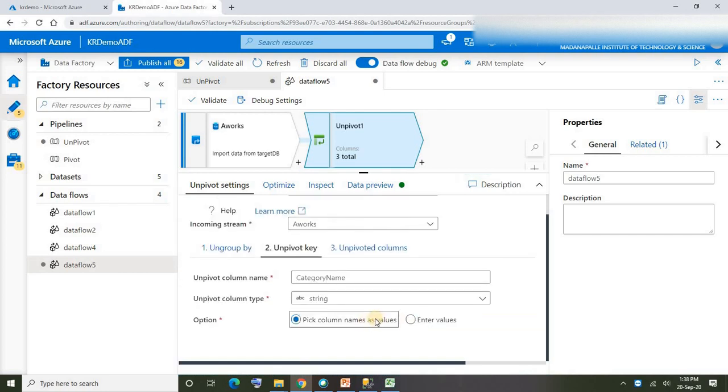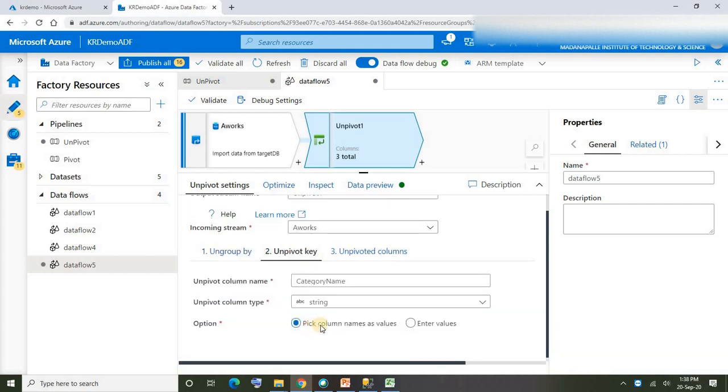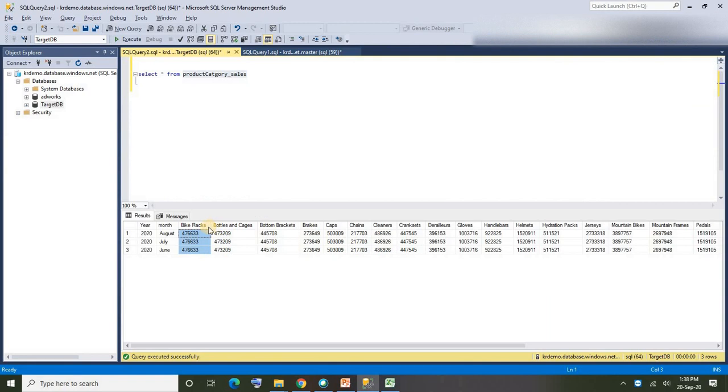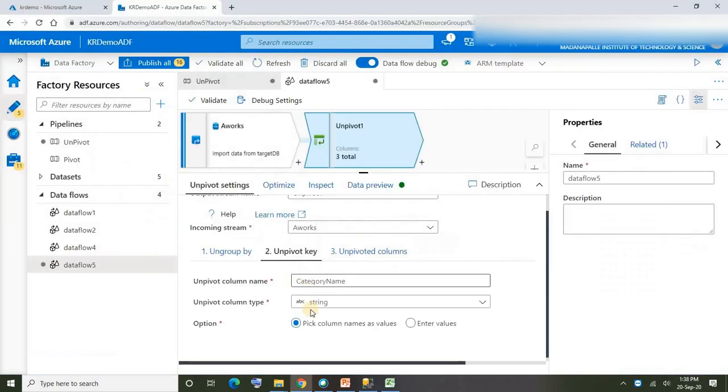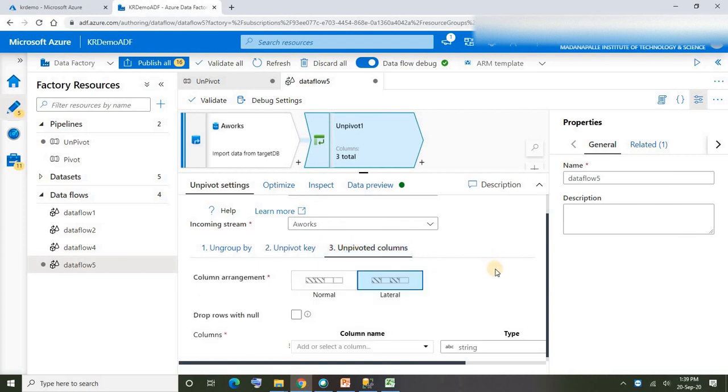If you want to convert all the rest of the columns into values other than the columns we used under ungroup by, then just select pick column names as values. In our case we are going to convert all these category columns into values, so I'll be selecting pick column names as values. I hope this is clear for you guys. That's it. Now let's go to unpivoted columns.